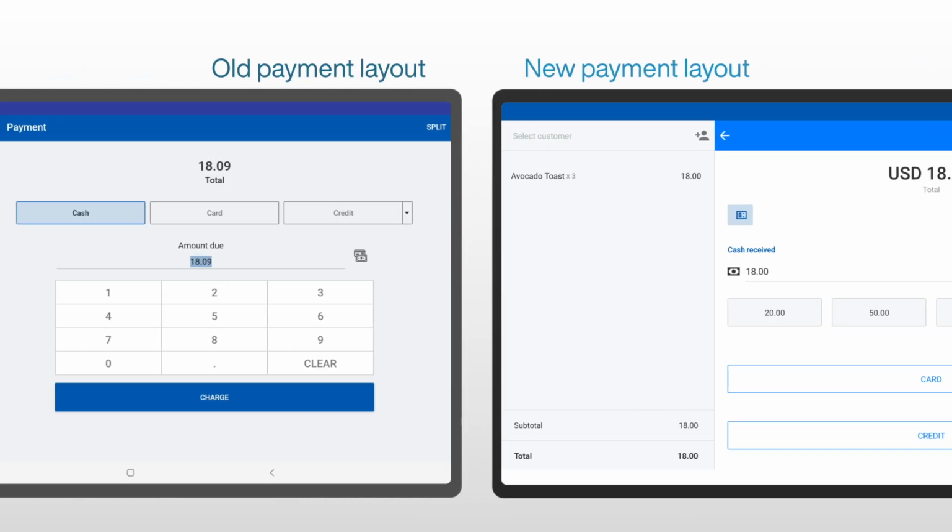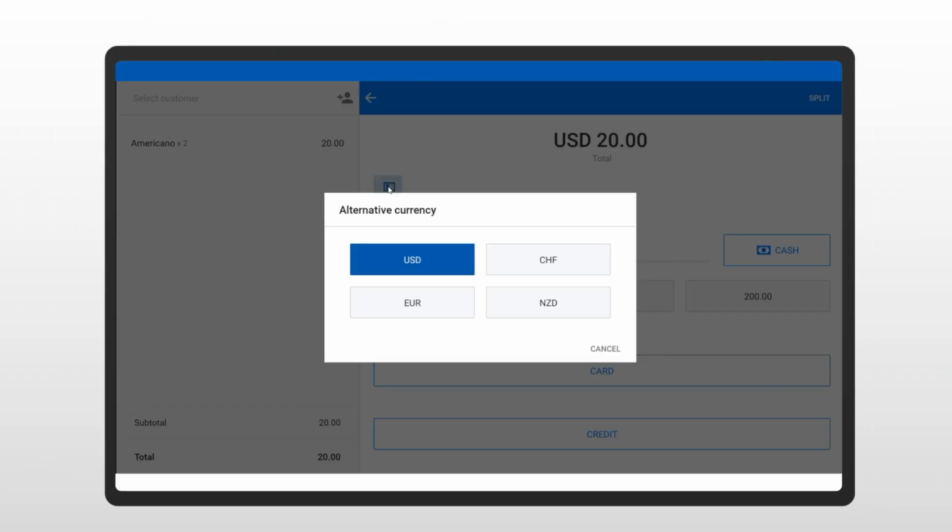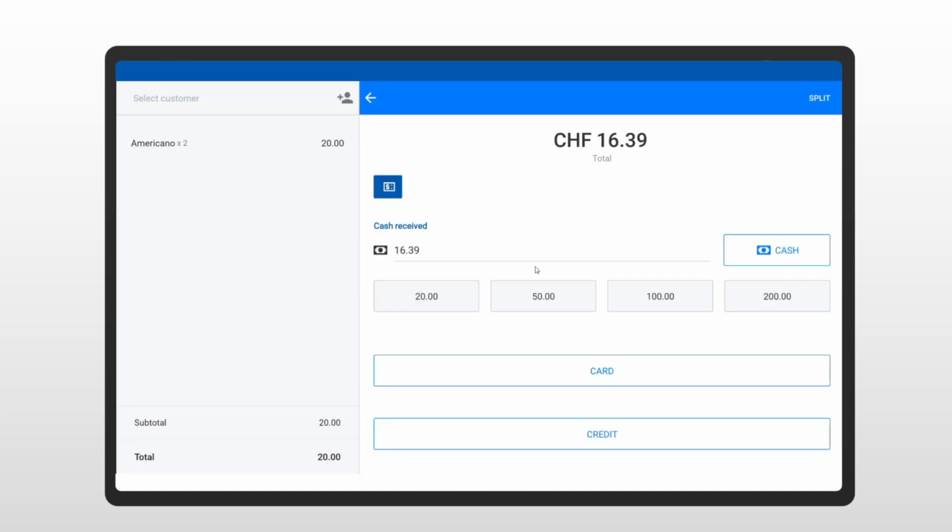Finally, let's take a look at the improvements made to alternative currencies. Alternative currencies are now displayed on the left-hand side of the payment screen instead of the right. Together with clear currency symbols and suggested settlement values, this new layout makes alternative currency payments easier to identify and